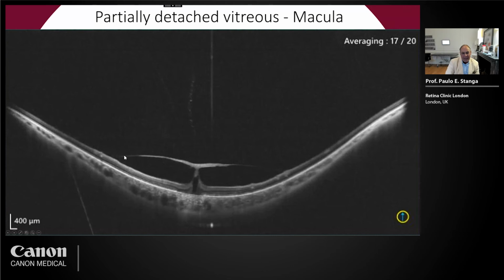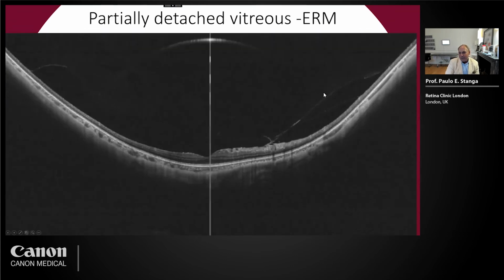A patient with a macula-only PVD, a fibrotic posterior hyaloid, and you can see the traction on the fovea inducing a vitreomacular traction syndrome. A patient with vitreoschisis. You can clearly see the splitting of the vitreous here, the presence of a stage 3